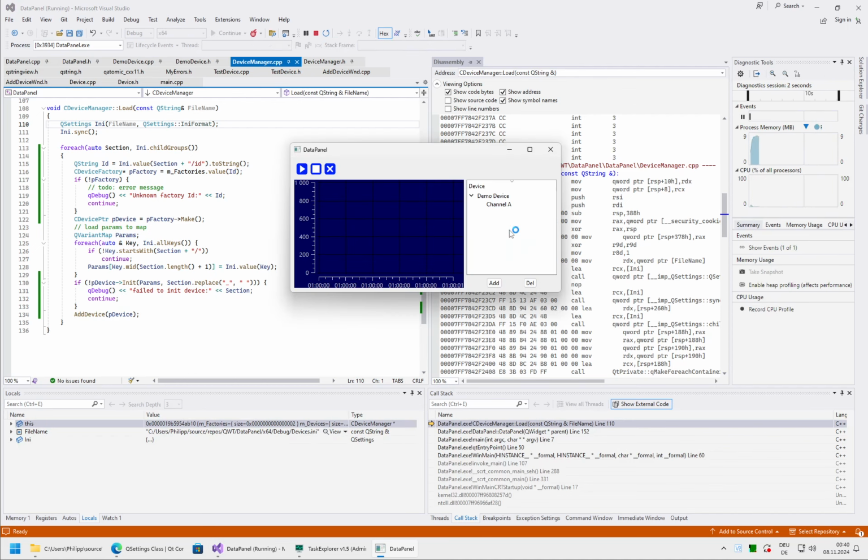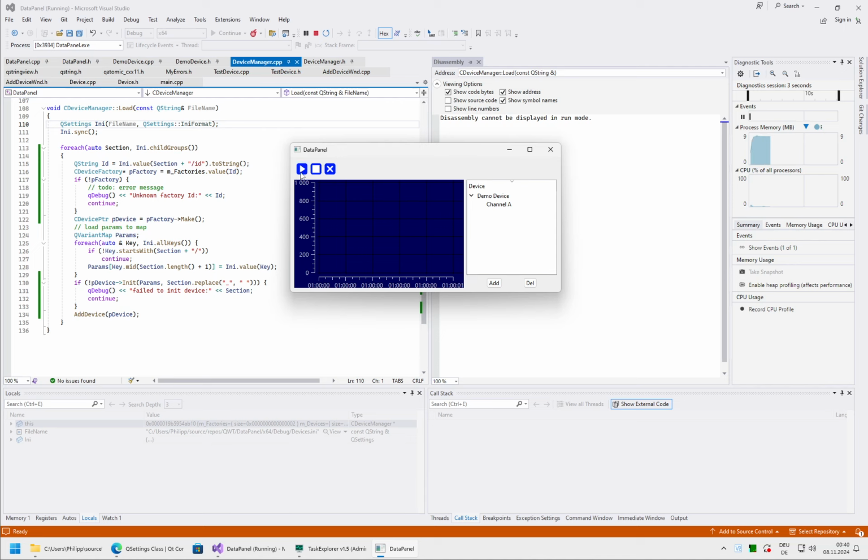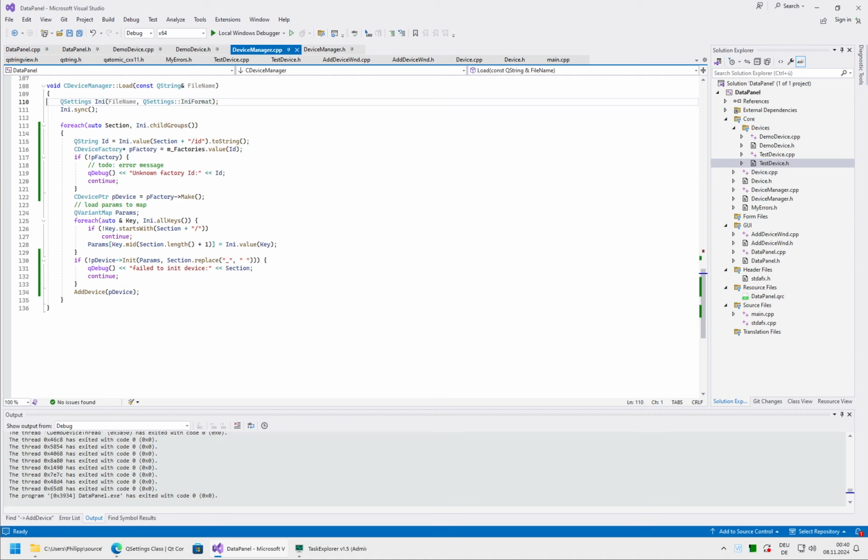Yep, it's here. It was all the time here, so if we would run it, it would have even worked, but we wouldn't have seen it. It was already running. So now we will want to save the individual parameters, and